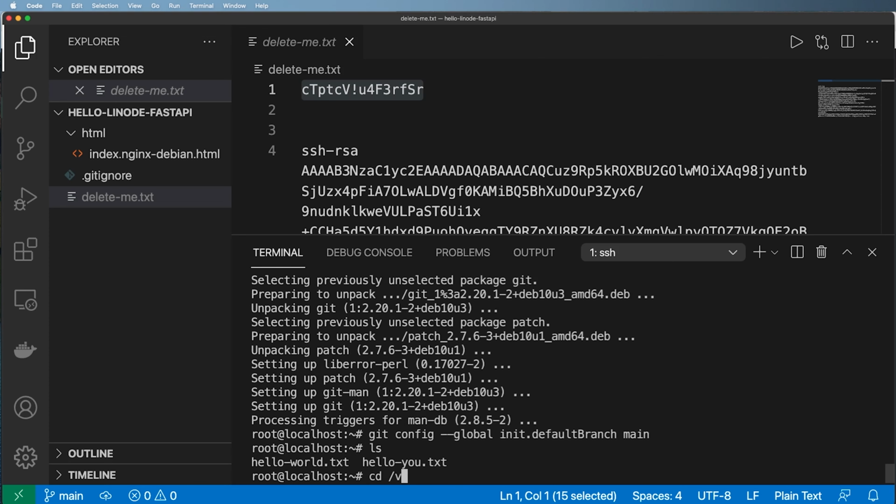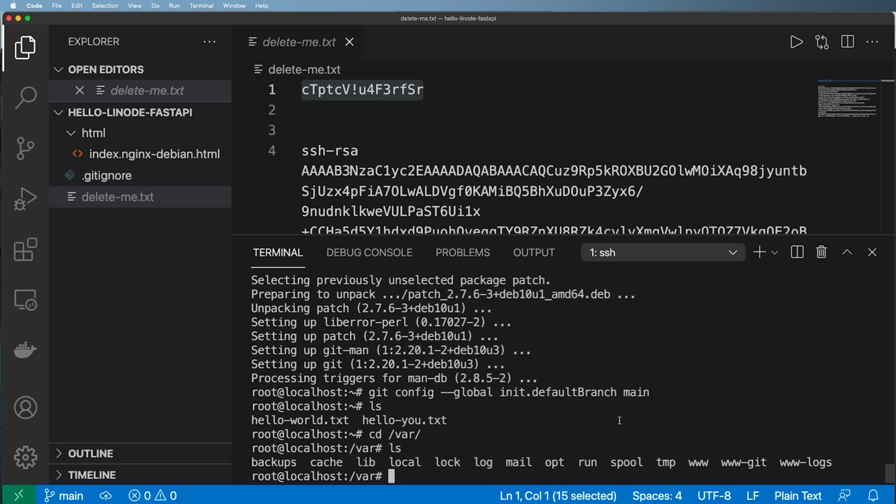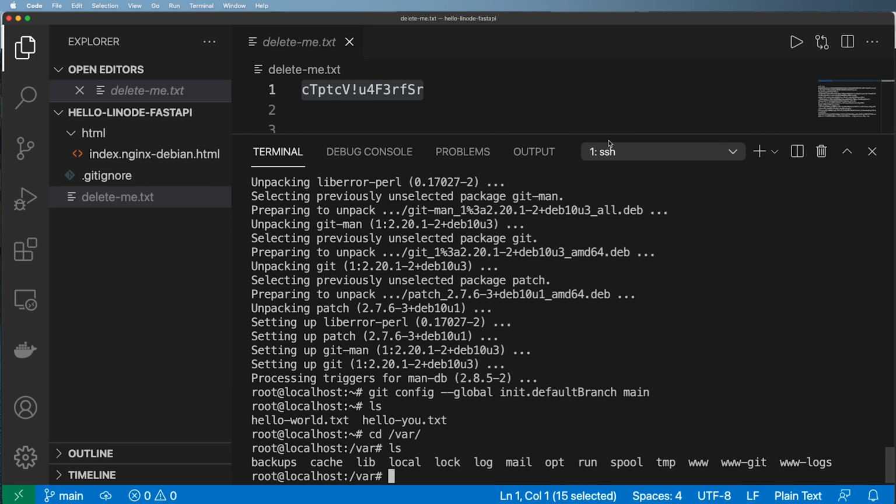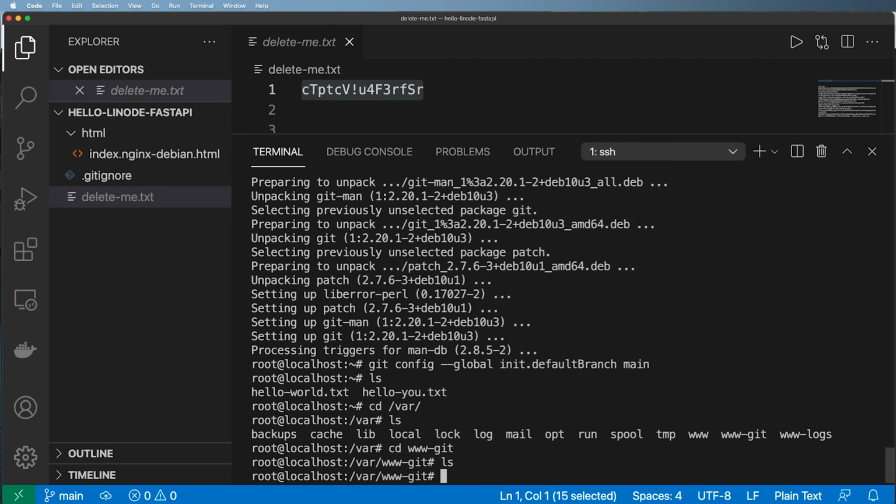Okay, so what we have here is inside of var, so let's just go into the var folder. Again, I'm in an SSH session, and I do have this folder called www-git. So that's the folder we want to go into here. So I'm going to cd into www-git, and this is actually where I'm going to create my repo for my local project, right? I don't actually have a great name for this local project, so I'm just going to stick with Hello Linode Fast API. To do this, we're first going to make a directory called